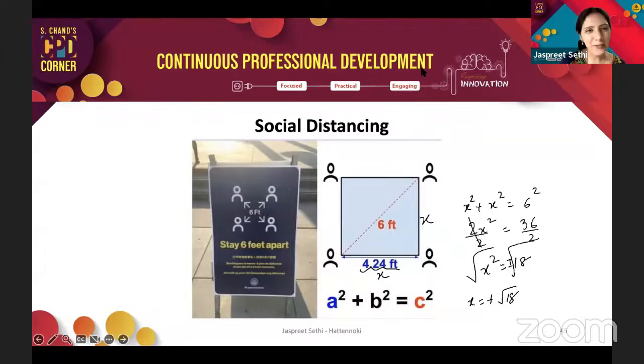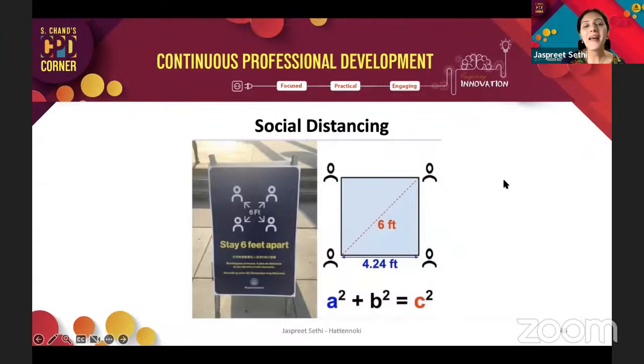So, a math fail right here, when this was actually published and put on many bus stands. Not a good use or good example for math, not a good day for math teachers.